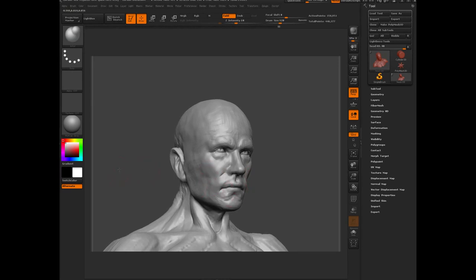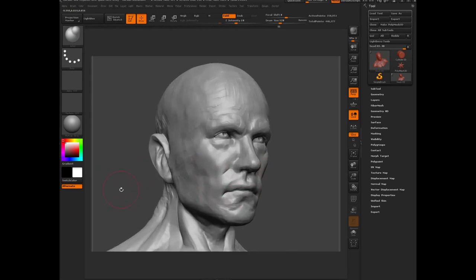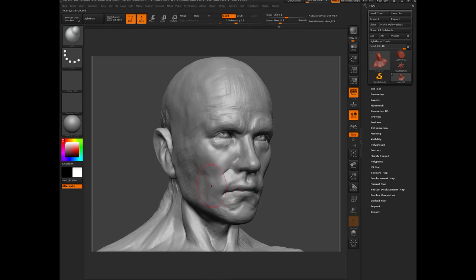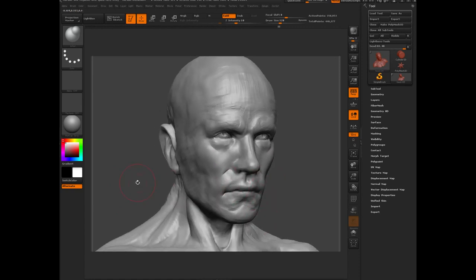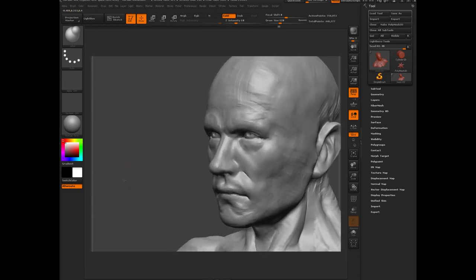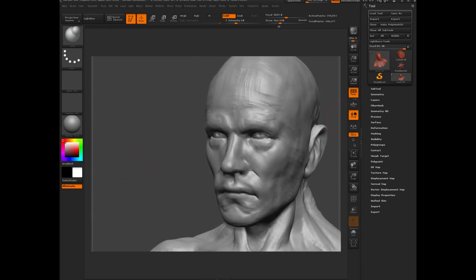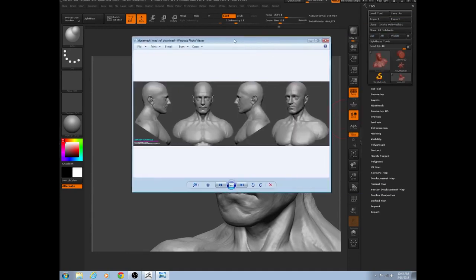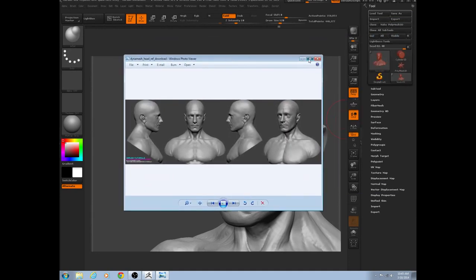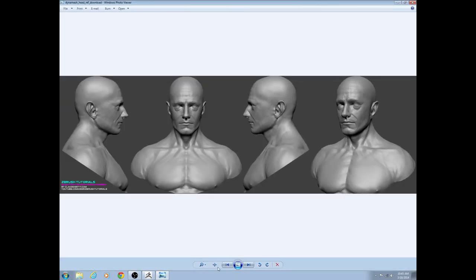See, it's not that noticeable. This is why it's really important to look from different angles, but it's not that noticeable on this side. But if you look over here, you can really tell. Actually, let's look at this way. And I'm just going to bring my image over here. And if we zoom in,